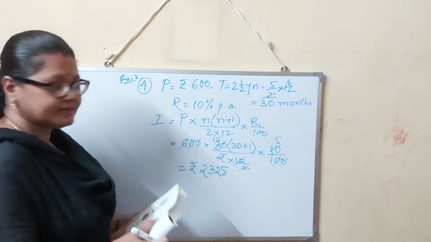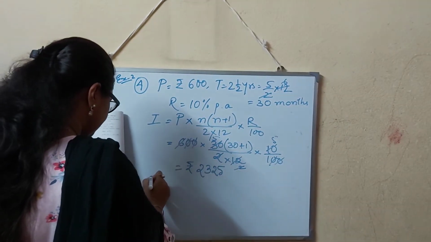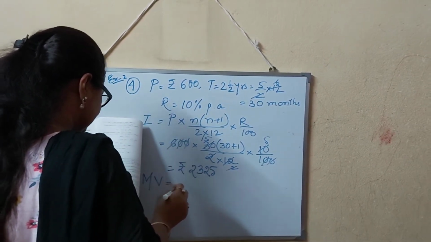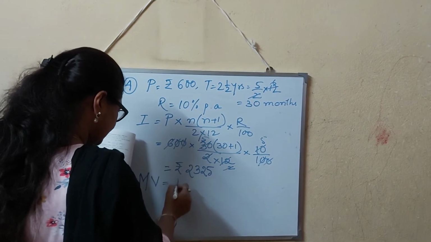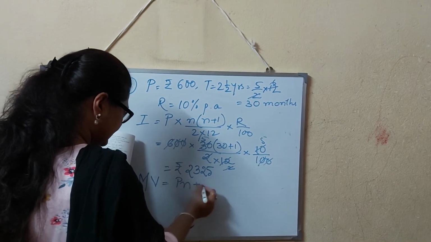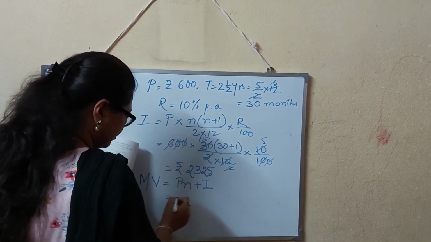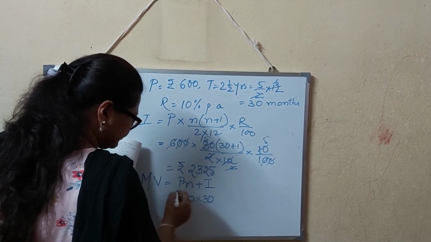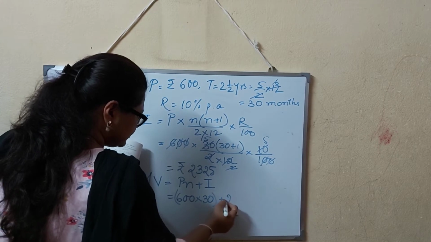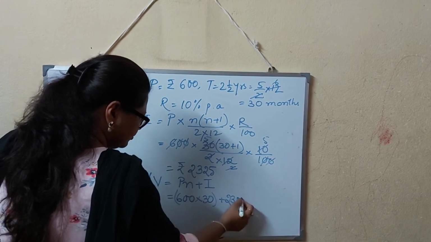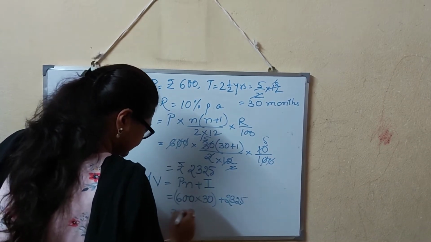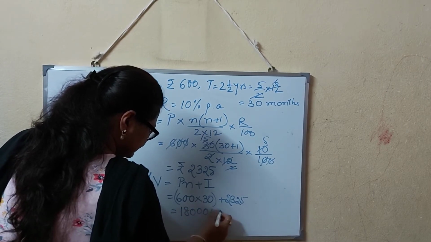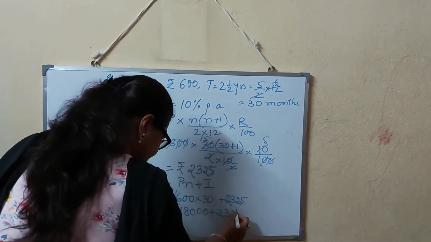Okay. Now they told you to find out the MV, the maturity value. As I said, maturity value will be P into n plus I. So how much is P? 600. N is 30, plus 2325. 18,000 plus 2325. So we are getting